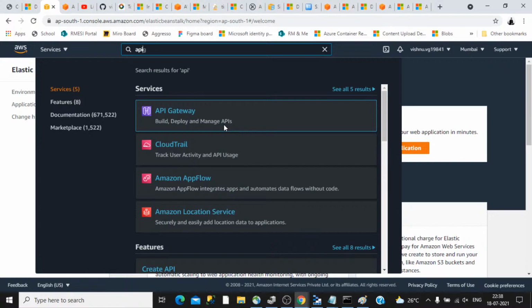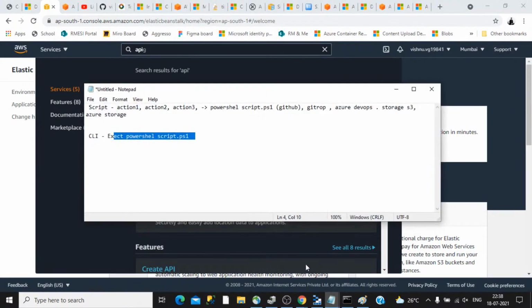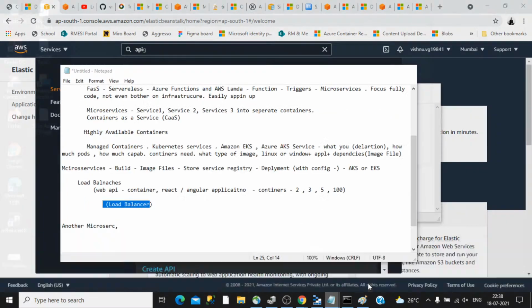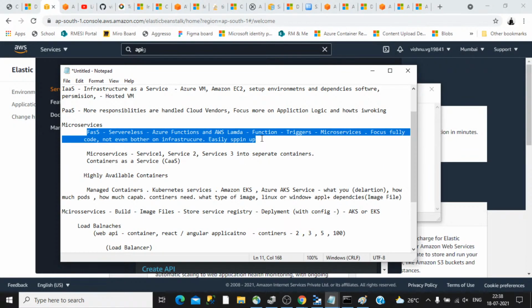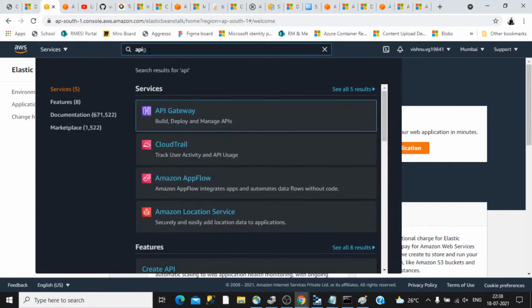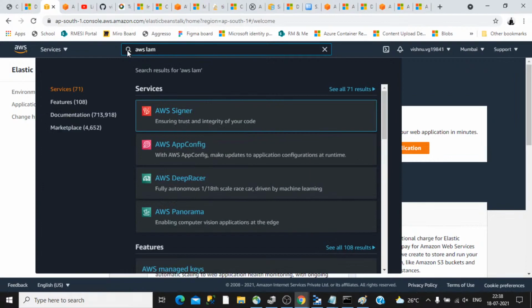So we are going a bit fast. Let's see the serverless side. Earlier, when we discussed the different models of development, we understood function as a service, that is Azure Functions and AWS Lambda. So this is the concept of serverless. If you are developing your application in a microservices pattern, then these two services are worth checking, like AWS Lambda.